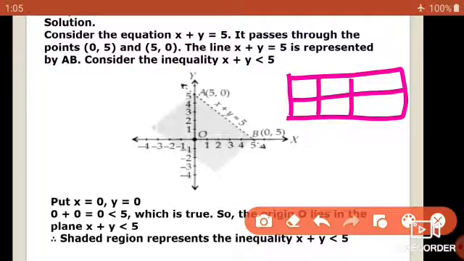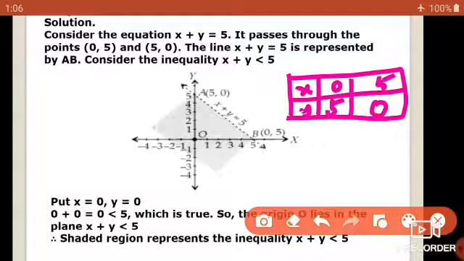For all the sums, you can draw like this. You will put x, you will put y. Now, when x equal to 0, what is your y value? 5. Now, if y is equal to 0, your x value will be 5. Now, your points will be (0, 5) and (5, 0). This is how you are finding the points (0, 5) and (5, 0). Now, it represents the line. Now, you plot the points, you will get A, B, a line through (5, 0) and (0, 5).